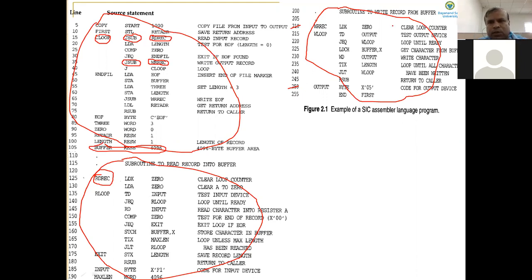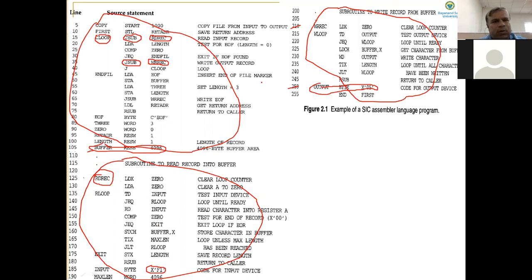WRREC stands for write record. So this subroutine will write the record from the buffer onto the output device. The device number is specified at the bottom here. The device number is 05. Similarly, in RDREC, we read the record from the input device whose device number is F1 and store it into a buffer. And the buffer is defined here, as I said.